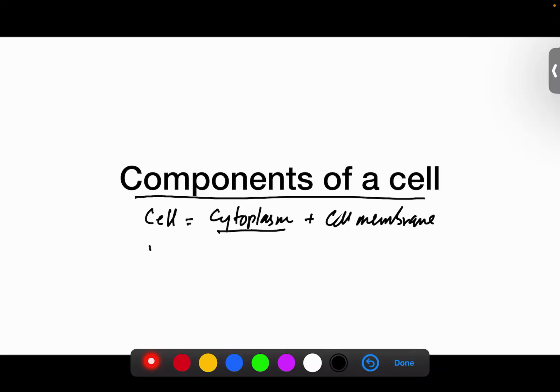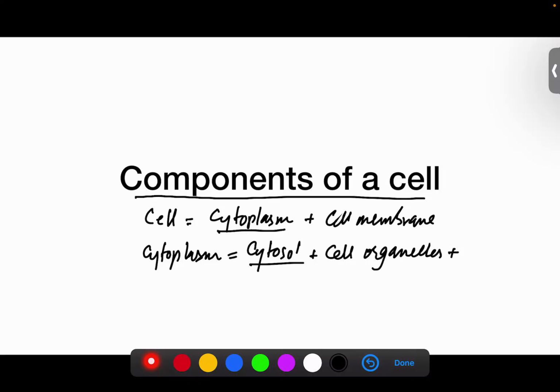Cytoplasm, on the other hand, is made up of a liquid ground substance which is known as cytosol. So this is a solution or a liquid part of a cytoplasm in which the living components are embedded. These living components are known as cell organelles. And there are non-living components also found in cells which are known as cell inclusions. Cell inclusions include granules of maybe starch, glycogen granules, fat droplets, or some crystals of